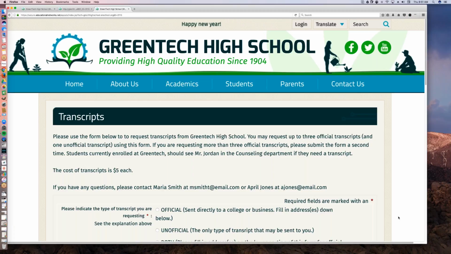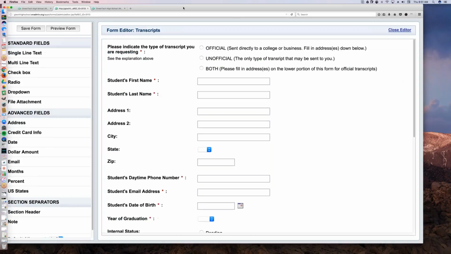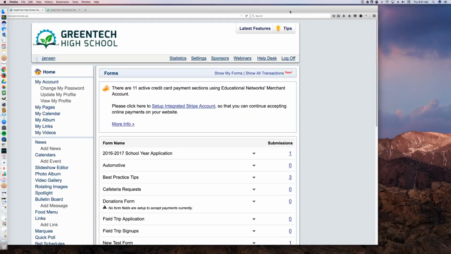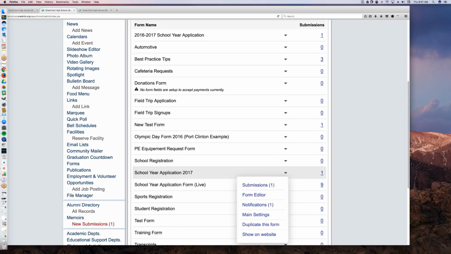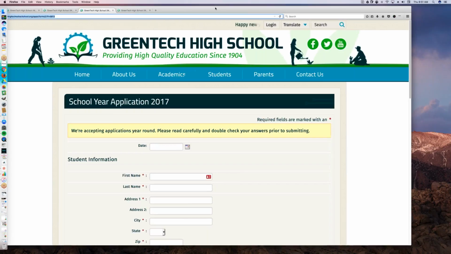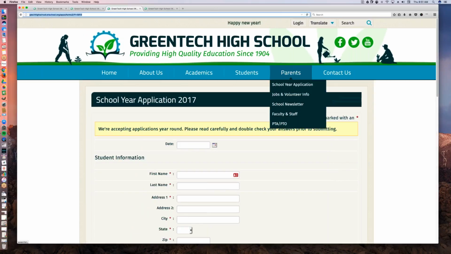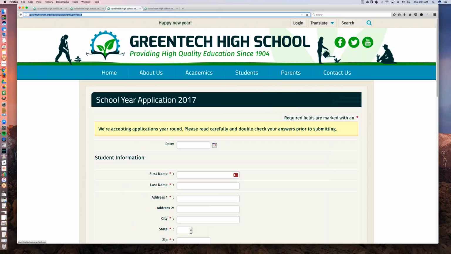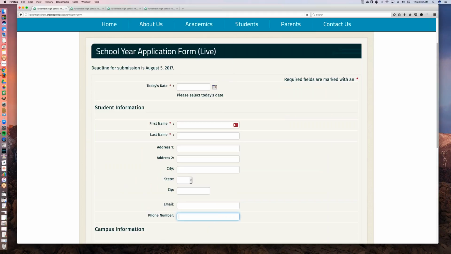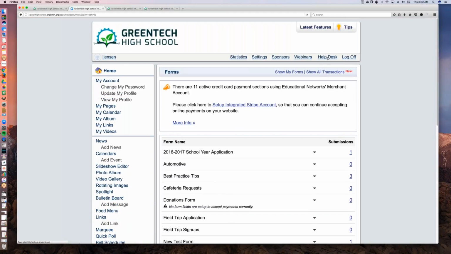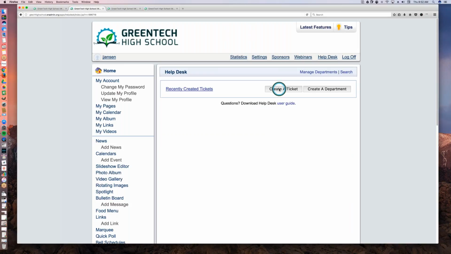How do I get my forms put on the main website? That's a great question. I'm going to go back to the form that we just made and go to Show on Website. I'm going to grab this URL. If you want it to show up in one of these drop-down menus here, like the school year application form, you would go to the back end of your system, go to the very top, click on Help Desk, create ticket,